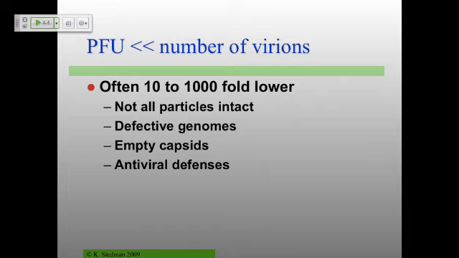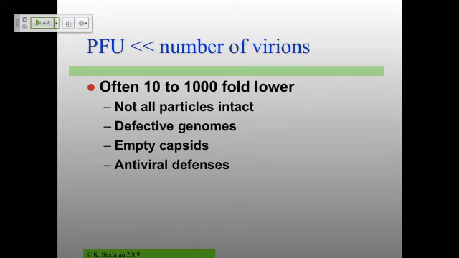And then depending on what cells you're using, or maybe if it's an animal assay, for instance, antiviral defenses may be taking over. And this is not just true in animals. Turns out that bacteria... Has anybody heard about CRISPRs? Yeah, so turns out there's an adaptive immune system in bacteria. We'll talk about that later on in the class. Really fascinating system. So it may turn out that the cells you're trying to use have some kind of defense mechanism. So you're going to underestimate the numbers that you actually have.